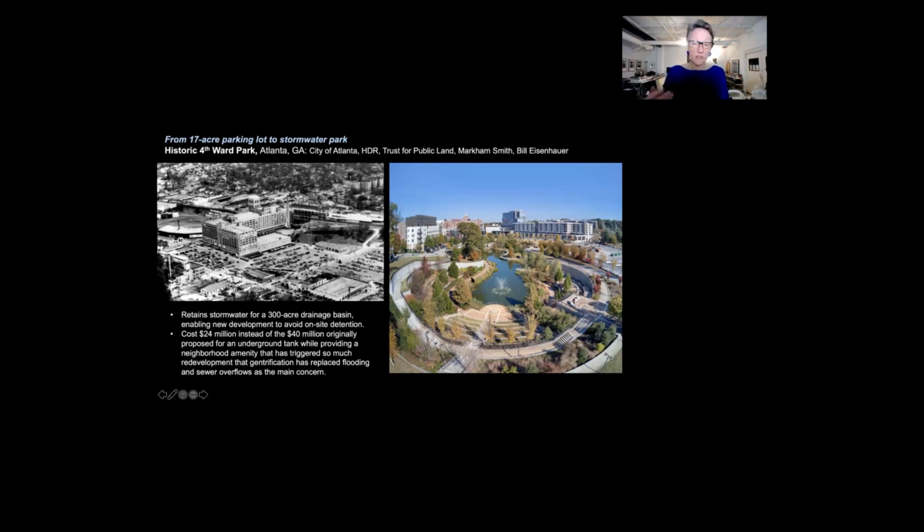It's actually been so successful that the park was really designed in a part of town that was very low income and had the least amount of access to park space. And now there's a lot of displacement going on. Part of that's the park, part of that's because the Beltline is immediately adjacent to the park. And then this old Sears warehouse was converted into Ponce City Market, an extremely successful mixed-use project. So this area has gentrified enormously, and it is now seen as a real site of